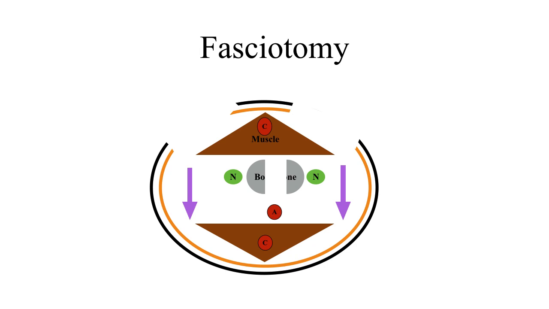So when this fasciotomy is done within a period of 4 to 6 hours from the time of injury, you can definitely prevent muscle necrosis, and the patient has chances of recovery of the muscle function in a better way. But after 4 to 6 hours, even if you do a fasciotomy, the chances of muscle recovery is very less, and the muscles will be replaced by fibrous tissue, and it can lead to Volkmann's ischemic contracture.